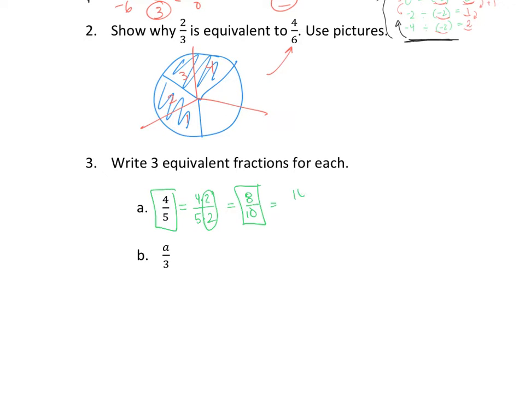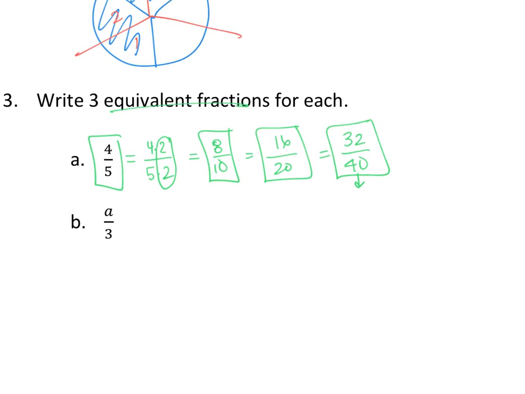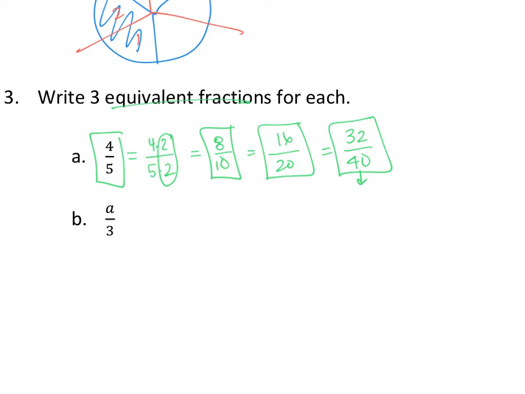We can even double again. That's 16/20. And double again, that's 32/40, or you can do some other variation as long as it is equivalent. And so equivalent, we should be able to look at the fraction and kind of cancel out a common factor. So like 32 over 40, I know that this is going to be 8 times 4 over 8 times 5. So you should be able to see the matching factors,